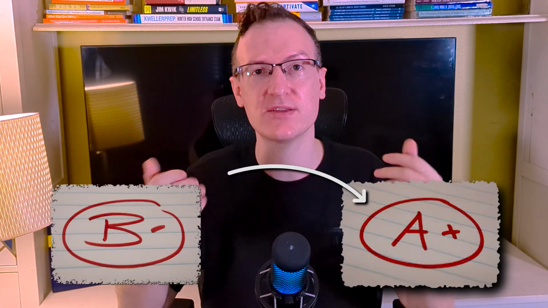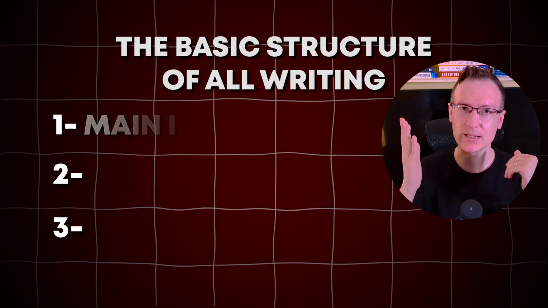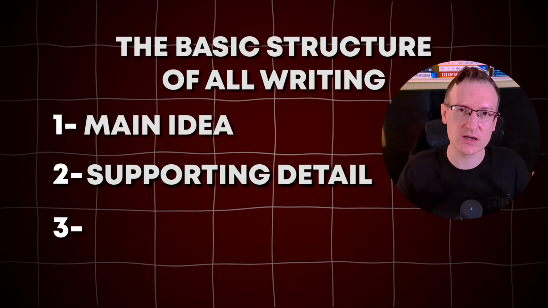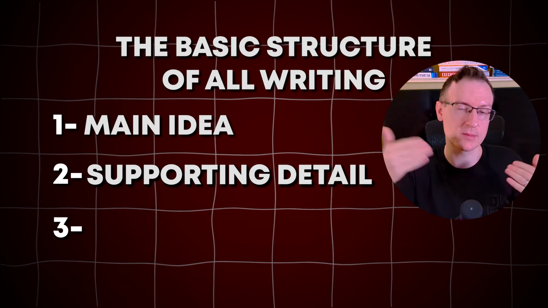While just writing our thoughts and whatever comes to us can be useful, there's a simple method of outlining for writing I started to use in my last years of high school that took my essays from low B's to A's and A+'s. And that is to think of every written communication, whether that's an essay or a work email, as a three-layered structure: main point, followed by supporting detail, which is just the detail that supports the main point, followed by evidence.